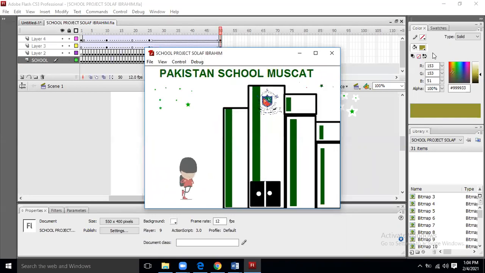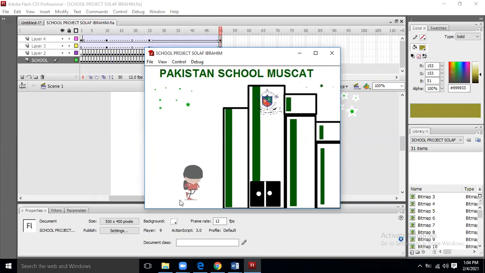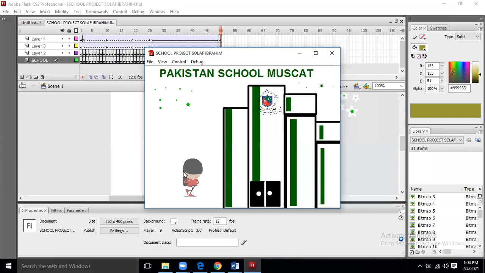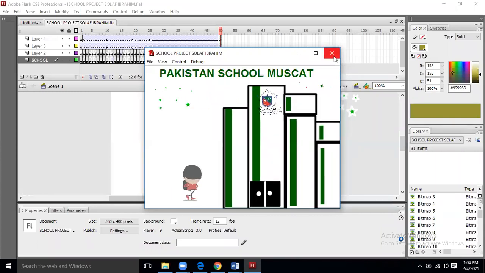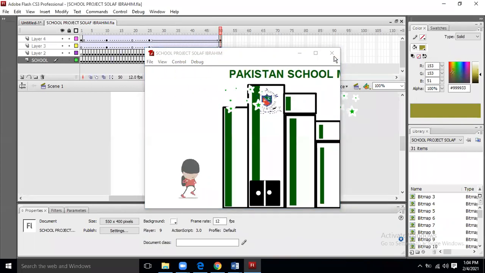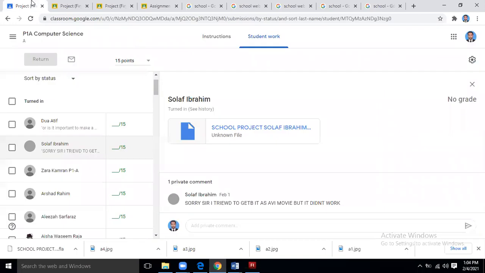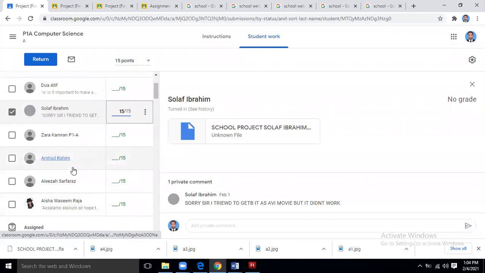You have taken this GIF image of the boy moving, and also an image of the school logo. It is looking good. Thank you, sir. Since I have checked it, I will also give the mark. But right now I have not checked all the students. When I do, I will return the marks as well.